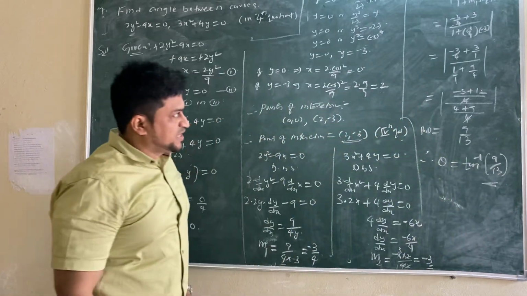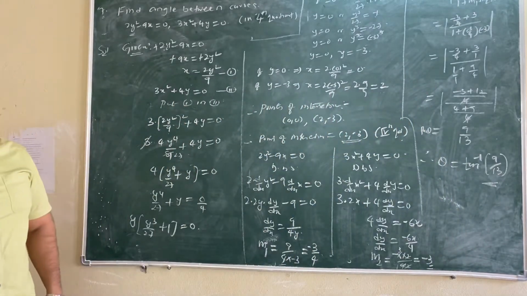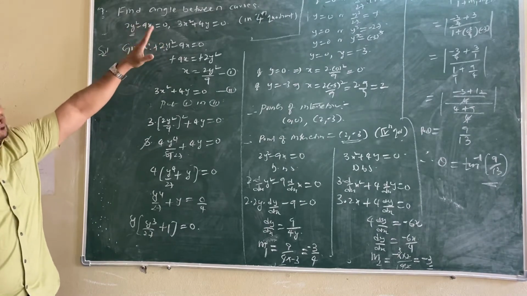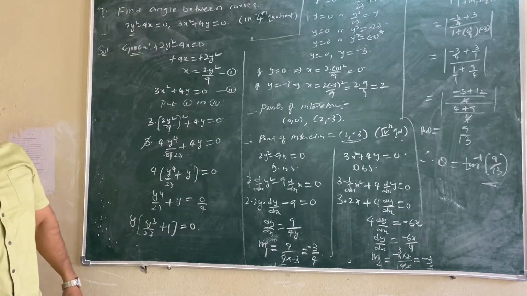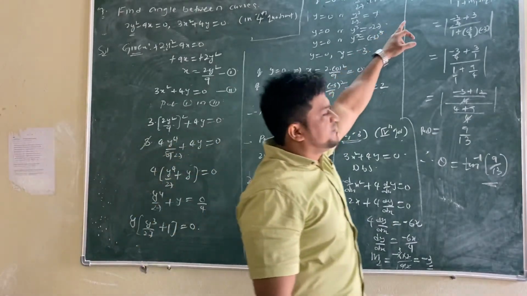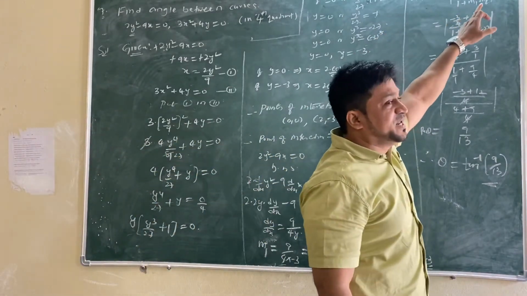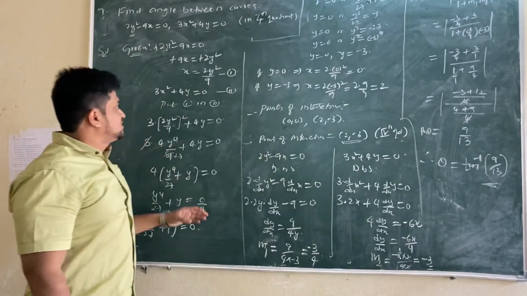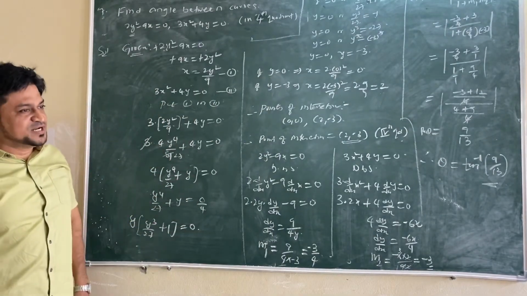Check this one once again. One of the most important questions. So this one we have two curves given. We have to find angle between them. You need to remember the formula to find angle. Tan theta formula we use to find angle between the lines when slopes are given. m1 minus m2. So first thing, we need a point of intersection of the curves.